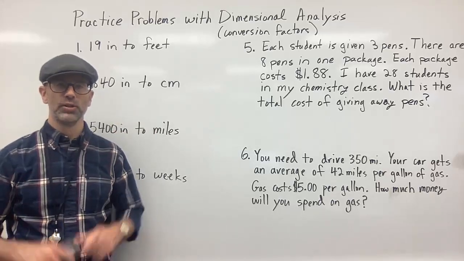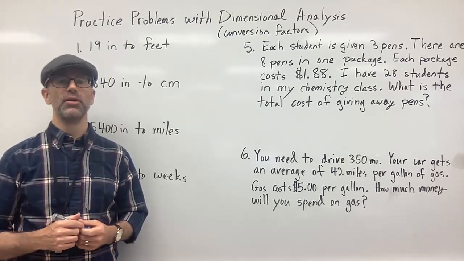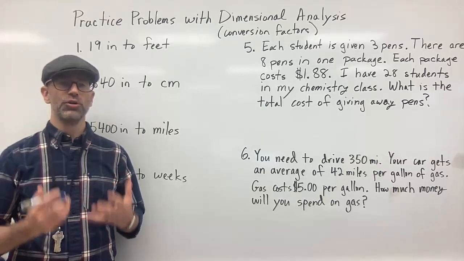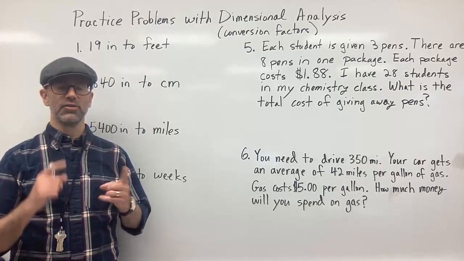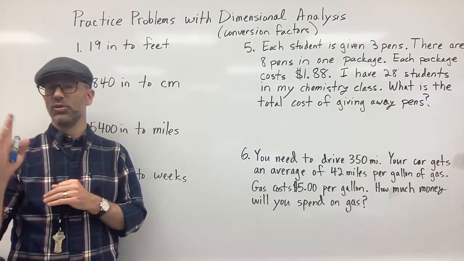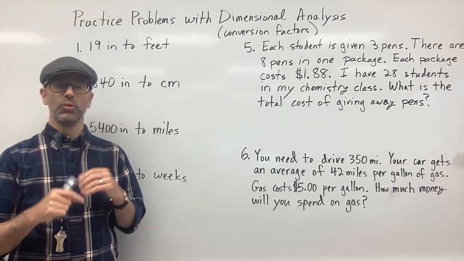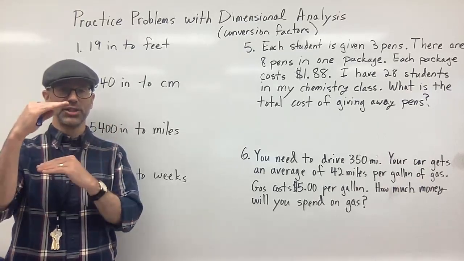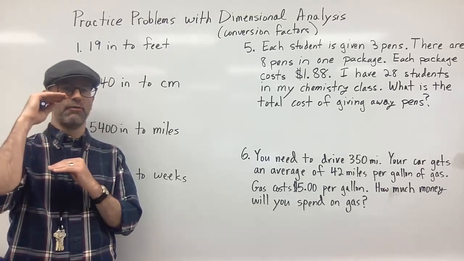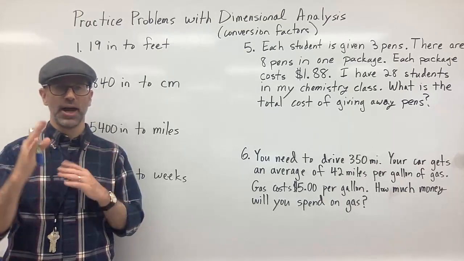My name is Mr. Kovald, and in this video I'm going to be going over some practice problems with dimensional analysis, aka conversion factors. So remember, when you're using conversion factors, you're using this relationship between two units. You have an equality, like 1 foot is equal to 12 inches, and then you use those two parts to create what is called a conversion factor, which is a fraction or a ratio of one of those over the other. So either I have 1 foot over 12 inches or 12 inches over 1 foot,